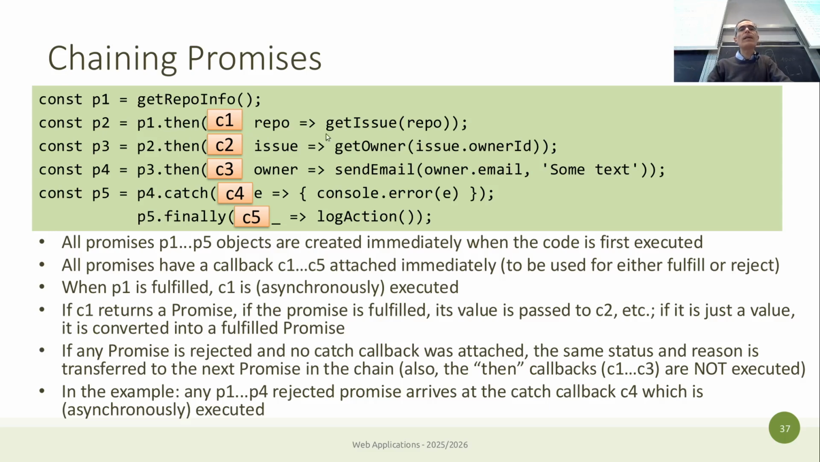P1.then, and we can immediately pass a callback that will be remembered inside the first promise object, and it will be executed when the first promise object is settled. Okay? And as I told you, the then method returns a promise. So we can call then again on the second promise and do another operation, and so on, and so on. And in the end, we can also